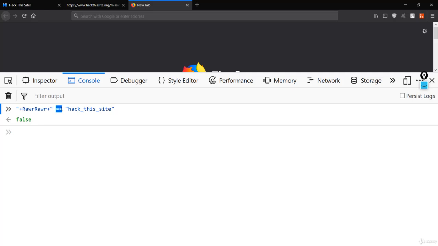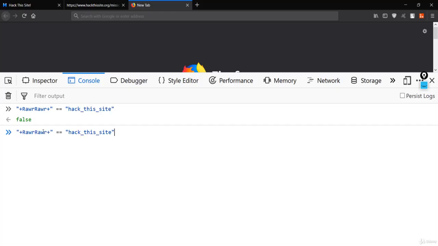If you see here, double equal is for equal to. It is not assigning. It is just checking if this string is equal to this string, which is obviously not, because this is "hack this site" and this is the content with another thing which is not this "hack this site".